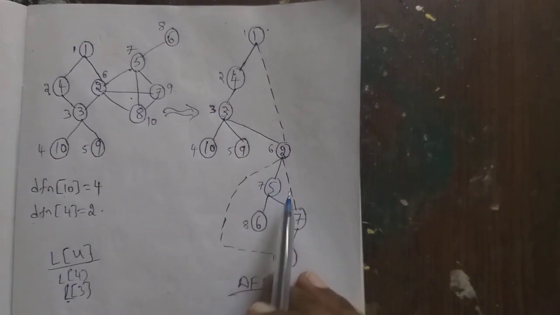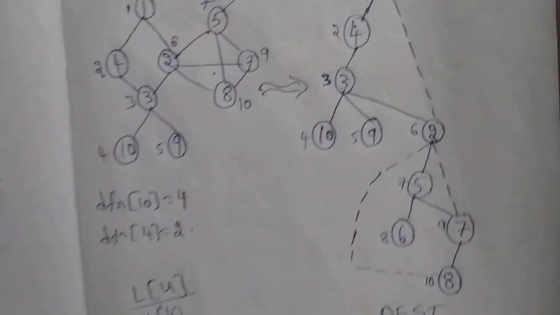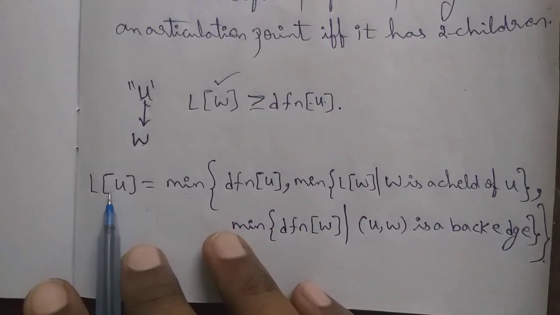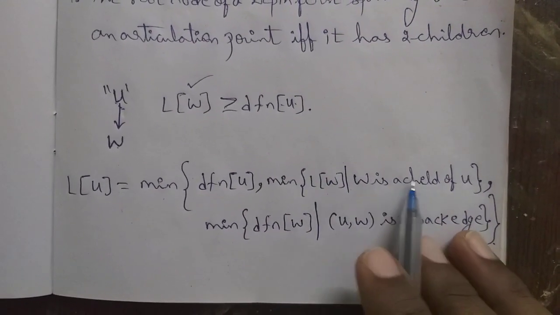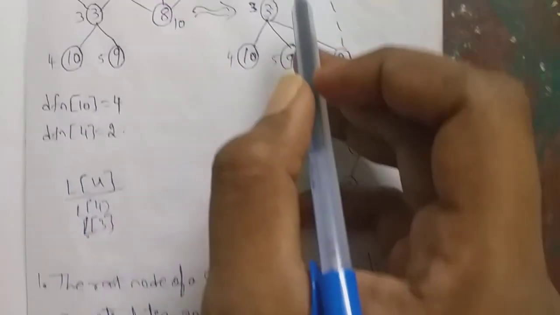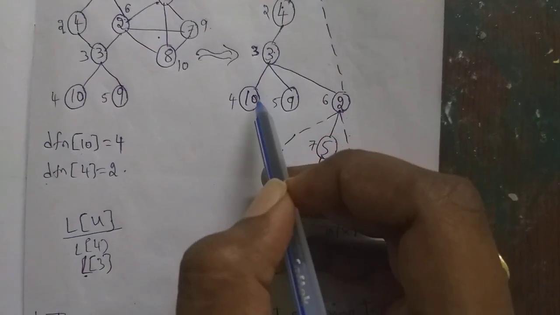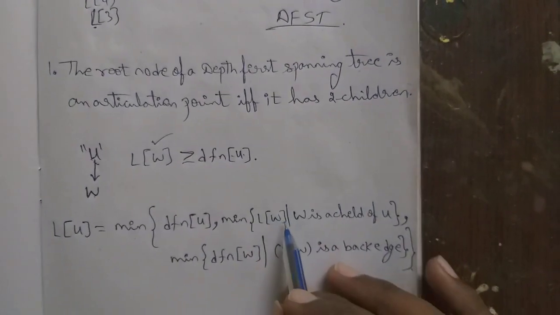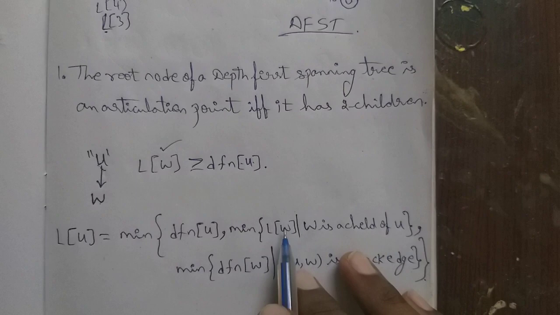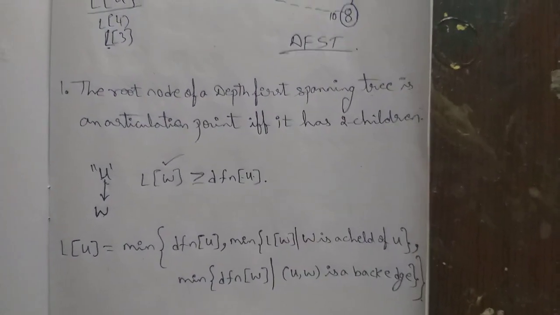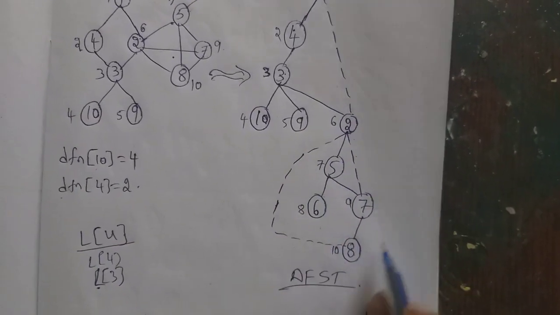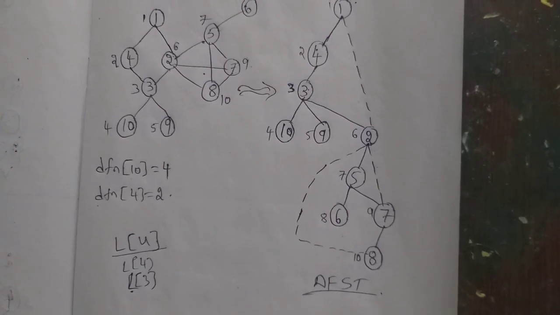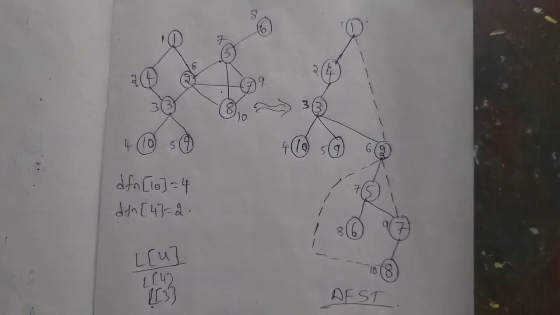For this depth first spanning tree, we try to solve the L values for each and every vertex. If you observe the formula, if you want to find the L value of a node U, you need to have the L value of node W which is a child of U. It means if you want to have the L value of 3, first of all you should have the L value of 10. It is mentioned in the formula, right? L value of U is equal to the minimum of L value of W where W is a child. For that reason, we don't start calculating L values from the root node to the bottom. Instead, we use the post order traversal of this tree and we calculate the L values one by one in the post order traversal of this tree.